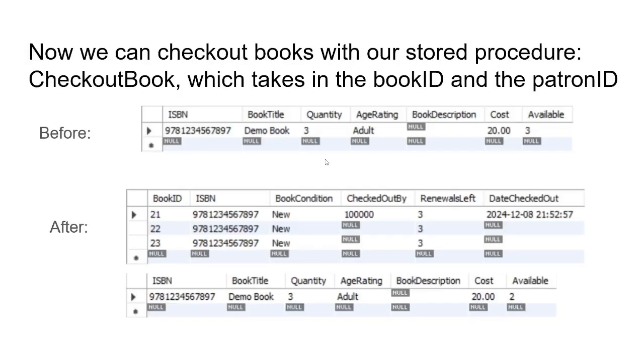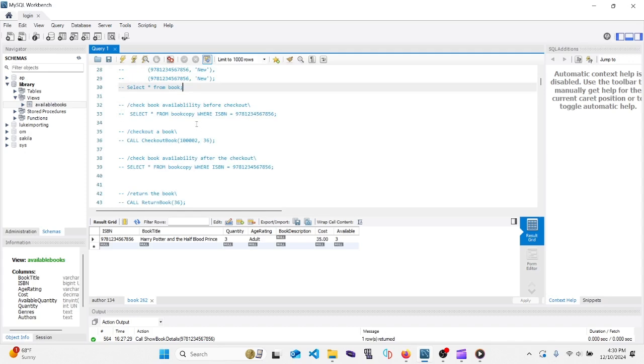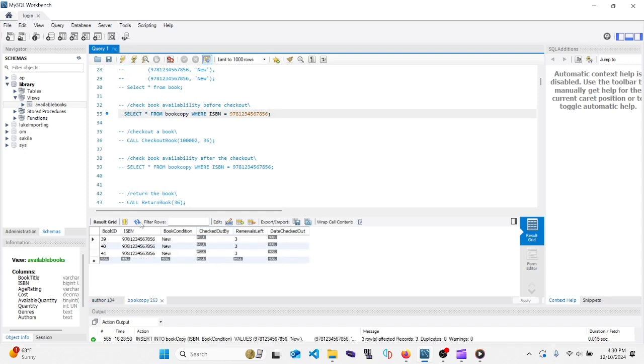So now we can show off checking out books. So first off, let's check out our book copy. This is just going to select the table that we grabbed before. Yep, so we have our 3 book copies here. This is before we check out. So let's go ahead and check out the book. To do that, we're going to use our patron ID from earlier plus the book copy number. So let's go ahead and check out 40 for this demo because that's an easy number to remember. So 40. Running this,